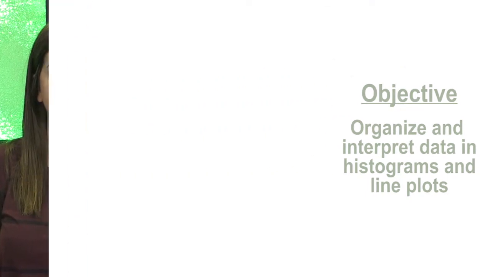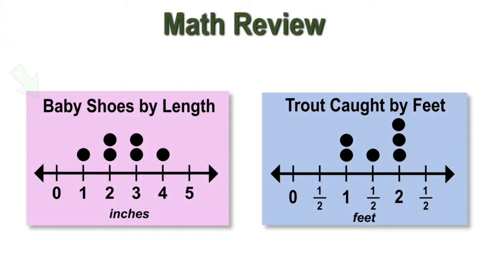In this chapter, students will learn how to organize and interpret data in histograms and line plots. Before 6th grade, students understood line plots as dot plots. 2nd grade students generated length data sets in inches or centimeters and represented the data on a line plot using